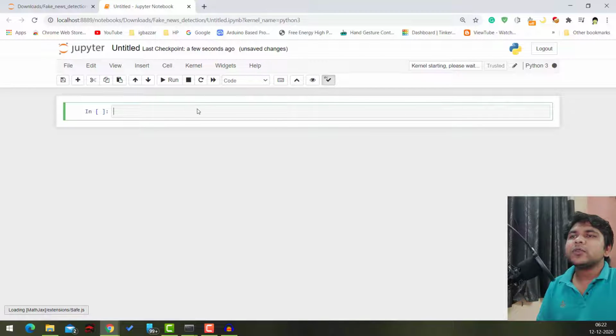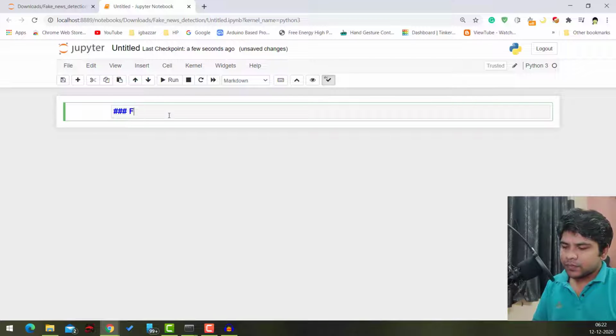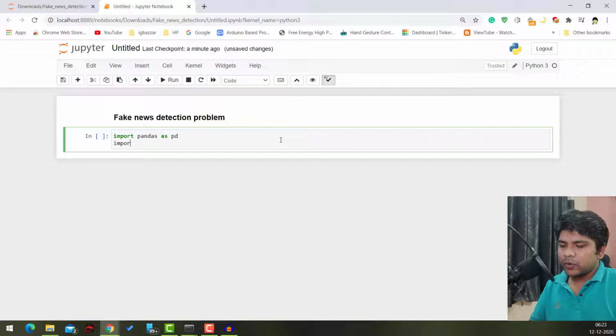First, I'm going to put a heading for my notebook. That will be fake news detection problem. Now I am going to import some of the libraries, and if it is required to import another library, I will do it later on. Okay, let's import: import pandas as pd, import numpy as np,